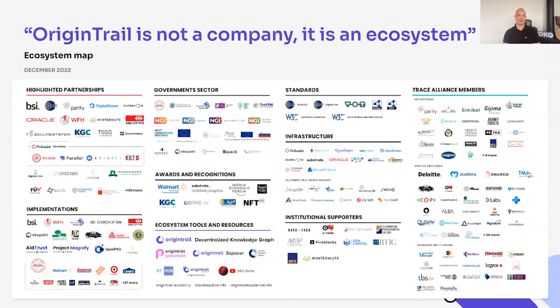And to finish off this discussion, OriginTrail is really an ecosystem. It's not a company. So there are many companies and generally developers building on top of the technology, as well as multiple projects and standards that it's used within. So it's a system for everyone. It's open source, and it can be applied in various areas within the food supply chain, but also other sectors where discoverability is important, verifiability is important, and ultimately a notion of sharing valuable information as knowledge assets is something that can improve processes. And that's pretty much all over the place.